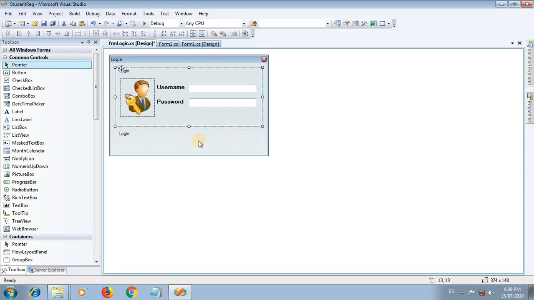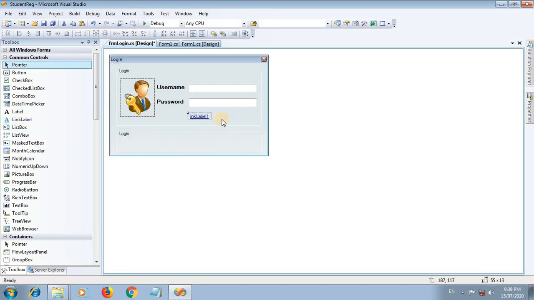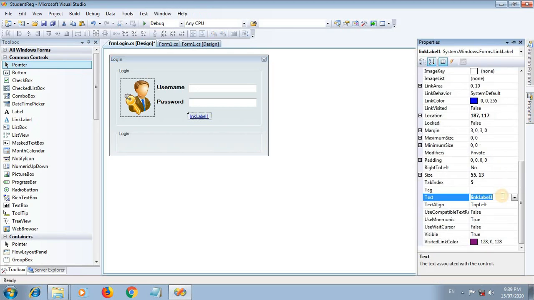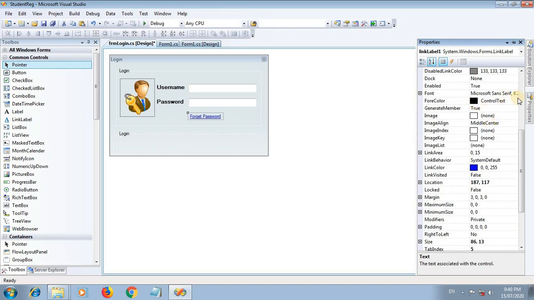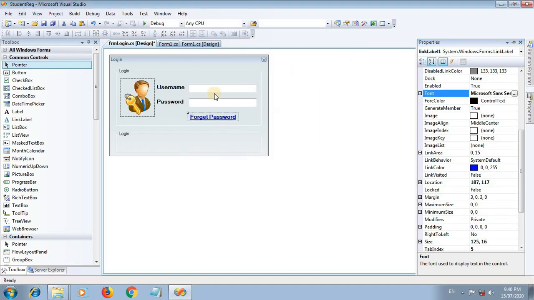After adding this, we need to add a link label. I just drag and drop it here and change the name or text property to forget password, with font 10 bold.